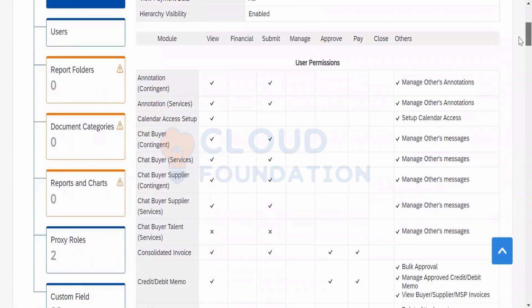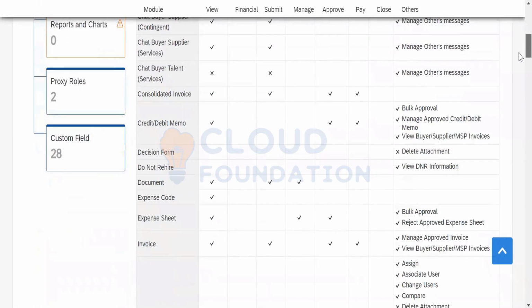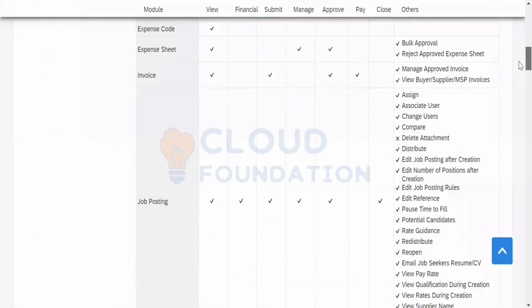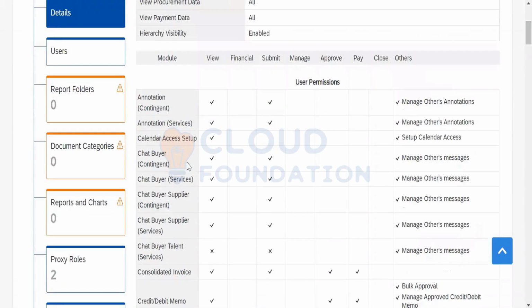Over here, we have got the list of user permissions, where we can go through the permissions, like the module, and what this user can do. Can he just view it? Does he have any financial business with that? Can he submit it? Can he manage it? Approve, close, and so on.